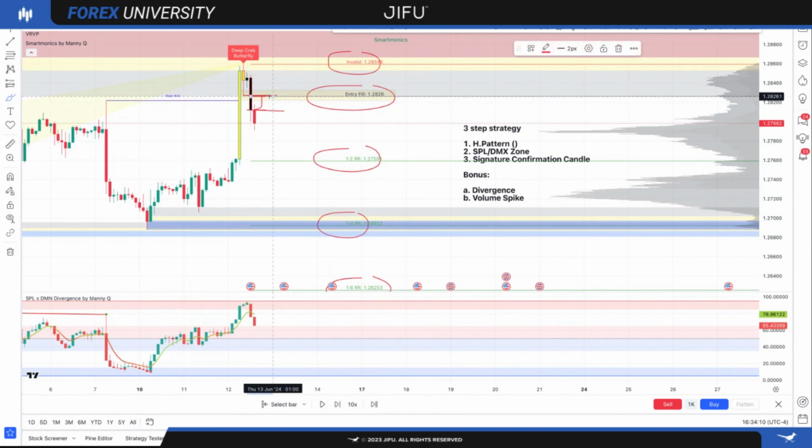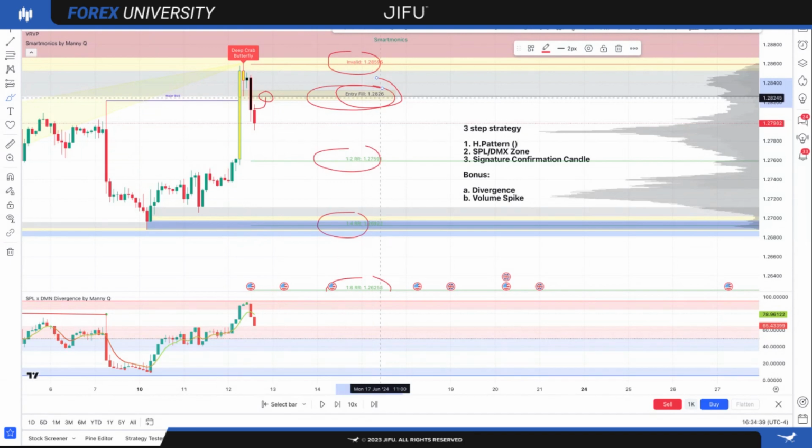So this means that every single time a signature candle prints, you will have the option of a time delay on when you can potentially enter that market if you choose to do so. So you can actually wait for that market to come in and fill out that FVG. That's why it's called entry fill. So the fill of that candle is going to be